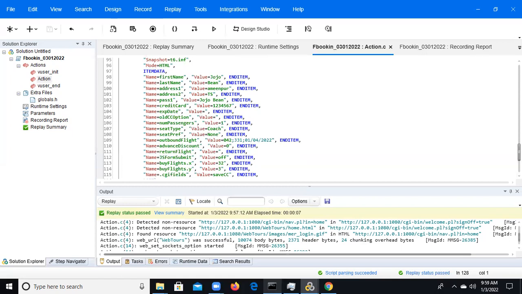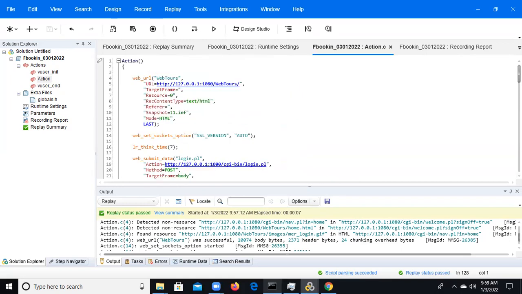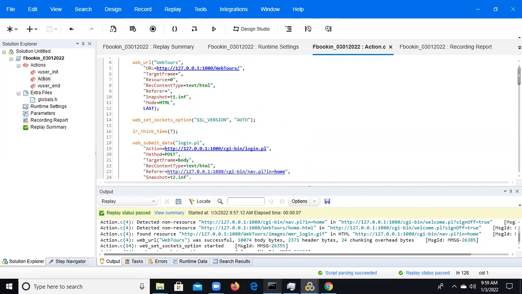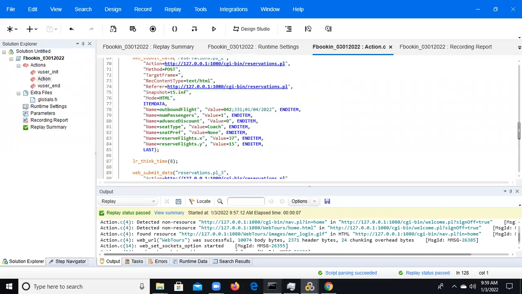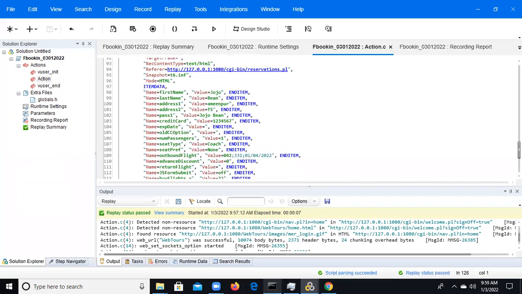So what is our assignment today? Record the web tour script. After recording, check whether all the code is generated or not. After that, do the parameterization for the username, password, first name, last name, address 1, address 2, passenger and credit card.